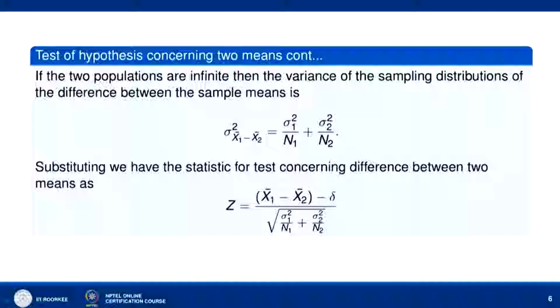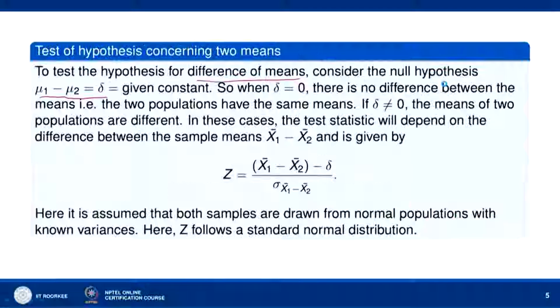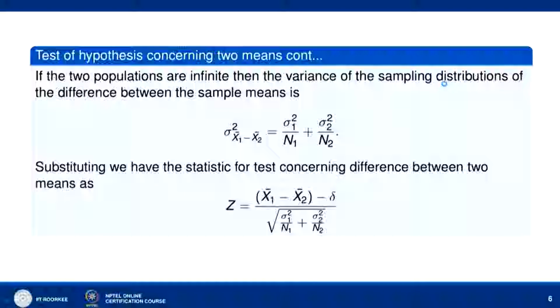Now, if the two populations are infinite, then the variance of the sampling distribution of the difference between the sample means, sigma squared of x1 bar minus x2 bar, as we have seen already, is equal to sigma 1 squared by n1 plus sigma 2 squared by n2. Substituting, we have the statistic for test concerning the difference between two means as z equal to x1 bar minus